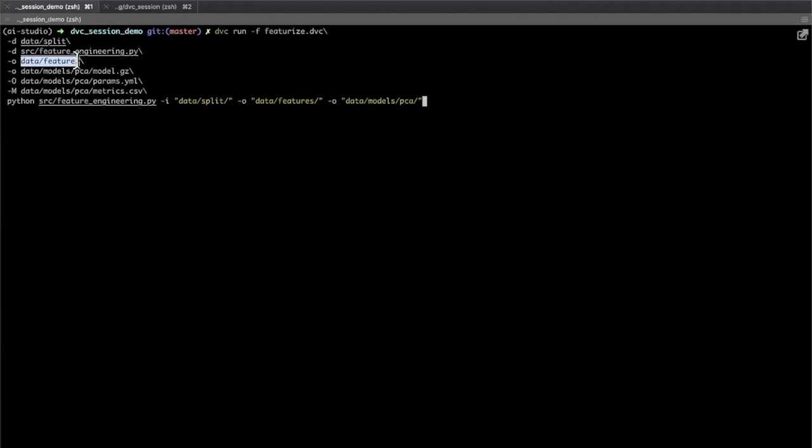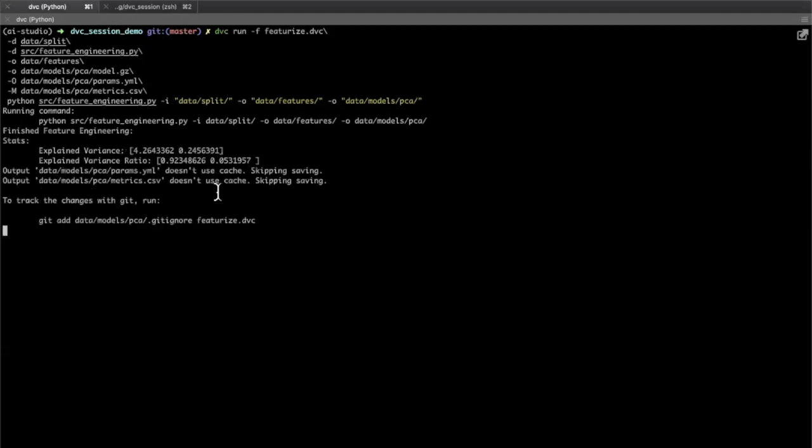Output is the features that it generates, and it is also generating a model gzip file, which is the PCA, and some parameters and metrics for that model. Once you run this command, it shows some stats. Again, the explained variance ratio is the same, 92.5%.